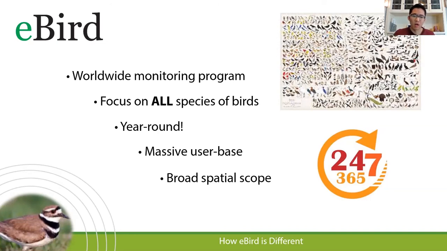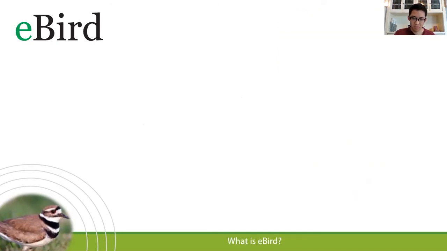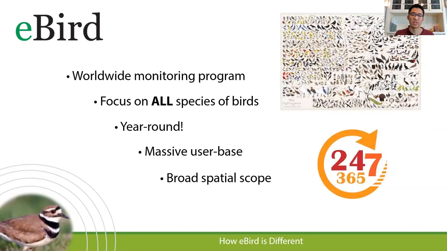And then it has a really broad spatial scope. They have checklist data covering 84% of the land mass in the entire world. Mainly where they don't have checklist data is from deserts where there's very little bird activity or very little human activity. So those are some of the ways that eBird is different and has its niche in this community science